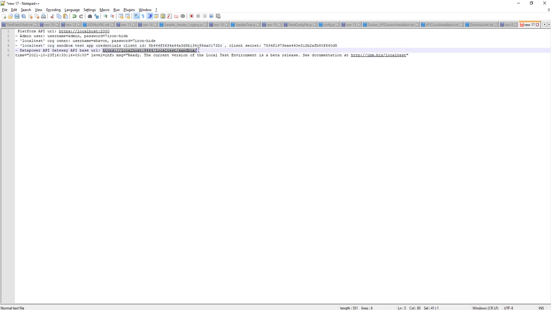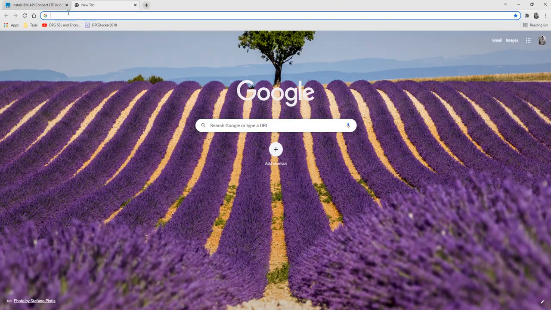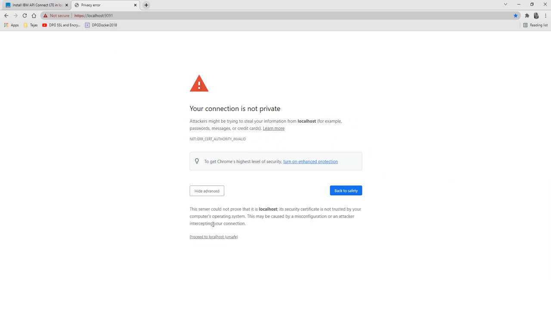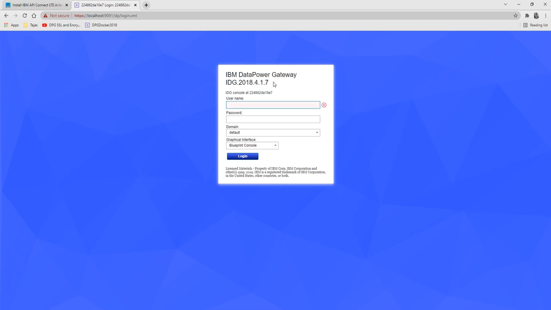Already I'll show you. Here I'm using this one. So here your DataPower is installed. It is running on your localhost, inside your Docker.